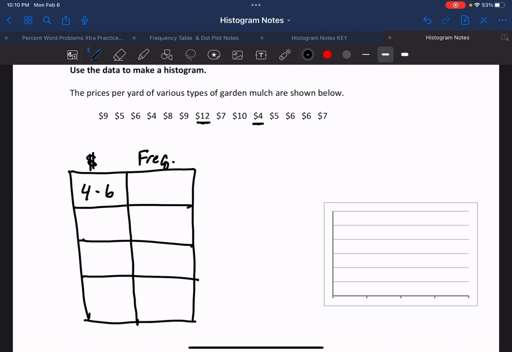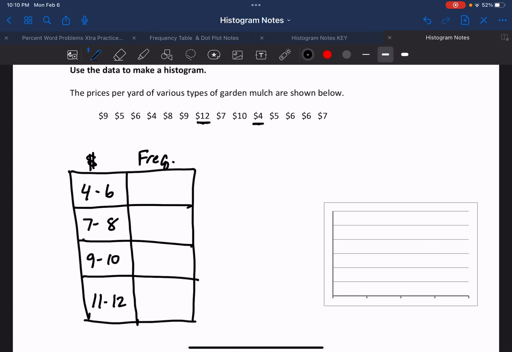4, 5, 6, 7, 8, 9, 10, 11, 12. Don't want to do that. 4 to 6, 7 to 8, 9 to 10, 11 to 12. Let's try that. Normally, I would say we should try to keep our frequencies about the same, but we'll look